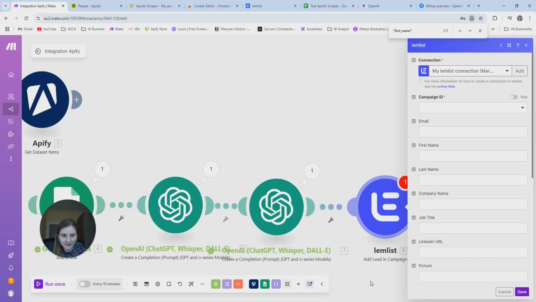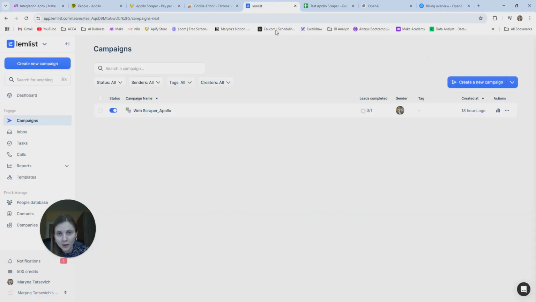So we have emails, and now we want to use Lemlist. We will create a campaign that will automatically send the first email to these people, and then if we do not receive a reply, a follow-up email will be sent. So first of all, we need to connect to Lemlist, and on Lemlist, once you log in, you need to go